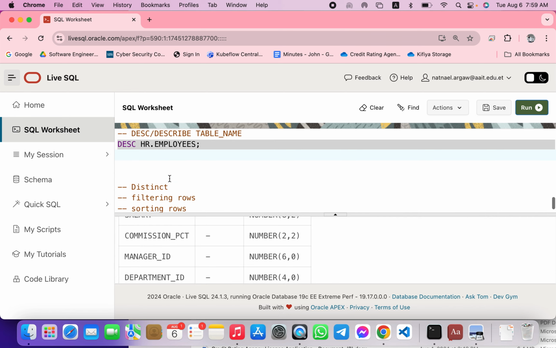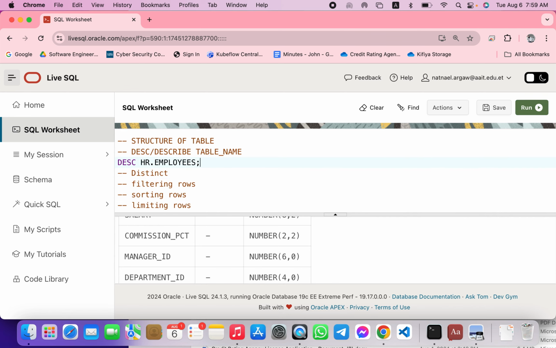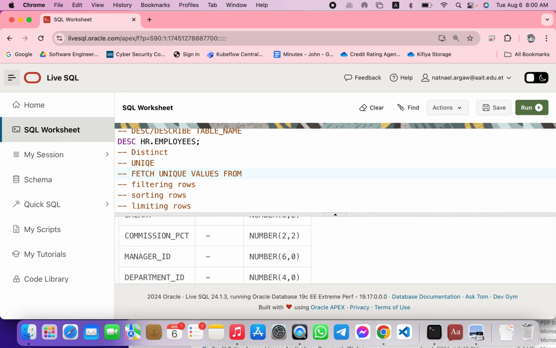Good. Then the other important concept you need to know while dealing with basic structured query language is distinct. Distinct means unique. So it's a way to fetch unique values from a table or tables. We call it distinct. So how do we do that? For instance, we can say